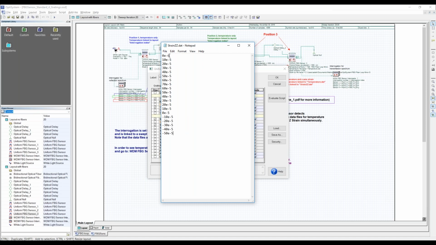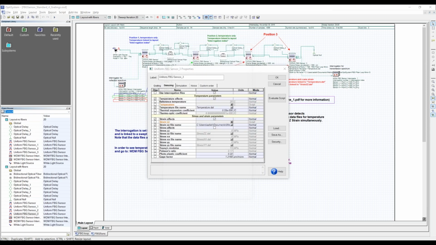It's going to go from 0 times 10 to the minus 5 strain up to 60 times 10 to the minus 5, 70 times 10 to the minus 5, and then goes down to minus 50 times 10 to the minus 5. So all of these values, once you enter them in the file, you can run the simulation over it. And that's why, if you remember in the presentation, we showed you the center wavelength drifted, and also